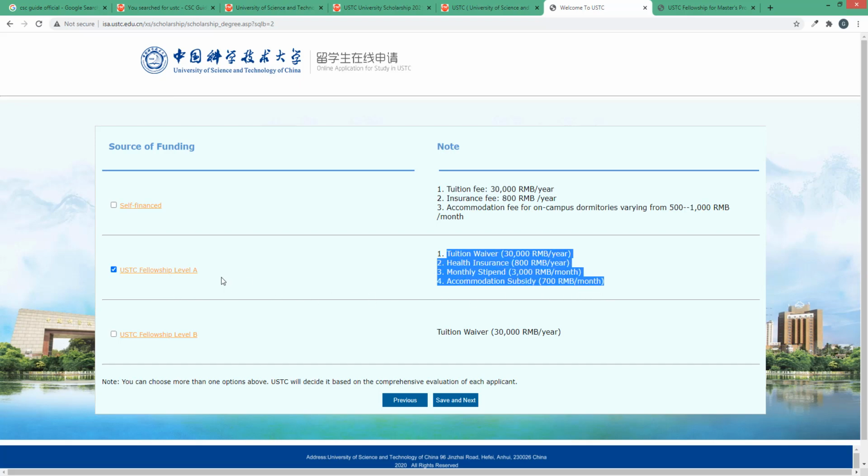But if you are not applying for CSC, select this option, okay, and go forward, where in the online application form you need to upload your CSC online application form. You don't upload the CSC online application form in that portion. So just fill in your other information instead of CSC.